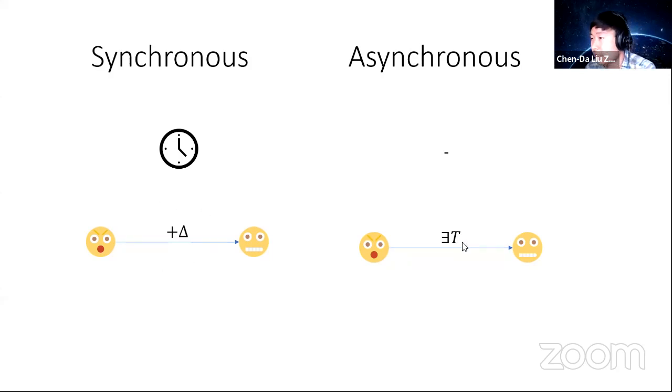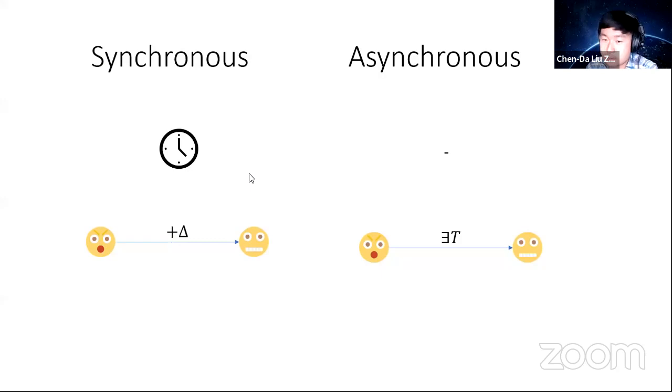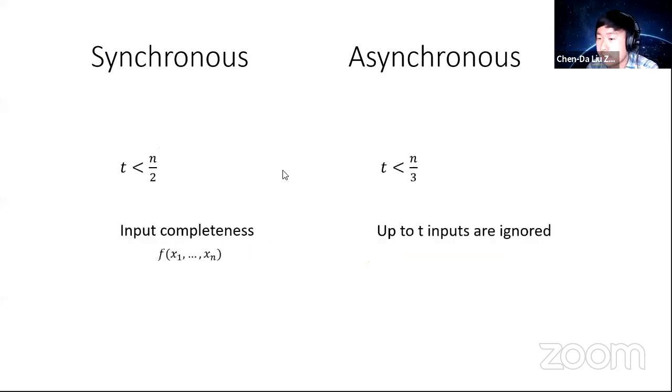A much more realistic model is the asynchronous model. So here, protocols do not make any assumption on the synchrony of the clocks. They only use the fact that messages sent are eventually delivered. So then one can ask, okay, then why do we care about synchronous protocols? And perhaps one reason is that having such strong assumptions allows us to have also very strong security guarantees.